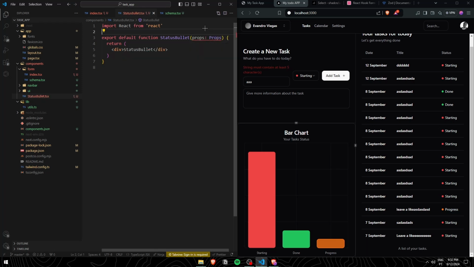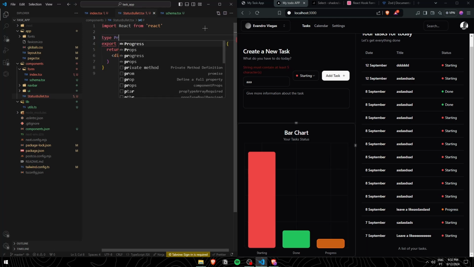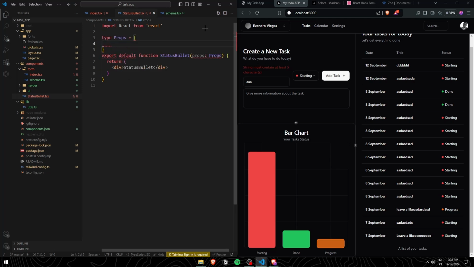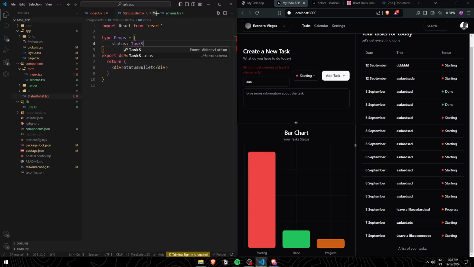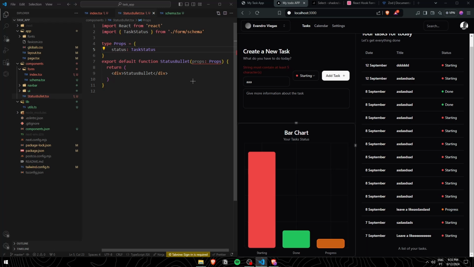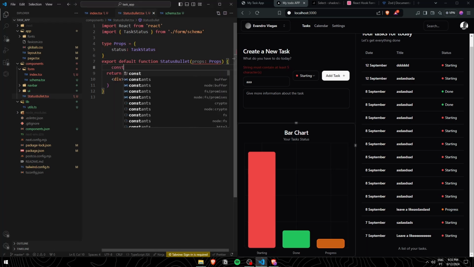So create a component for it, and this is going to receive some props. So props, and type is going to be props, and the only prop that we need is the status. And as I told you earlier, we're going to use this tag status right here. So we already exported. Let's just import here task status, and this is going to be a very easy component to do. We just need the const right here, which is going to be status. This coming from the props,